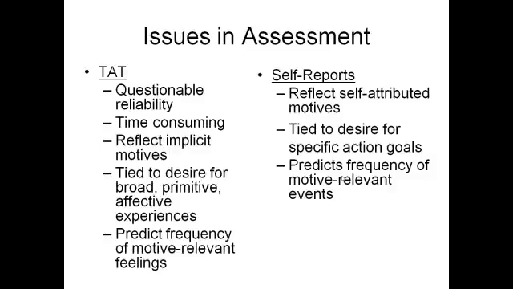And again, these are coming from those emotional, deep within us, those affective experiences. There's an emotional tone that's coming through from the TAT tests. And again, you're going to see how frequently these particular motive relevant themes are coming up, and it also might predict how often those feelings will happen outside of that. The self-reports, again, are getting your self-attributed motives, how you feel about yourself, what you feel your motives and needs are, etc. And this is also tied to the particular actions you might take in order to achieve particular goals, to satisfy a particular motive.